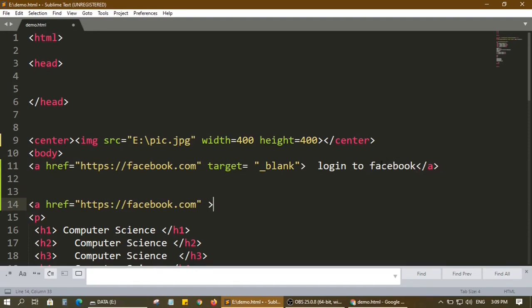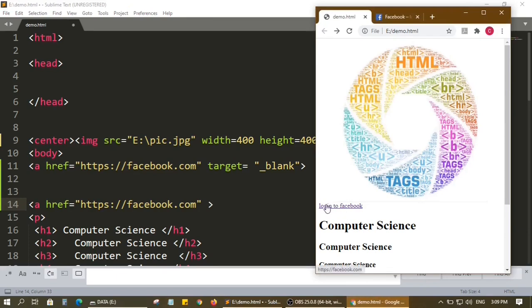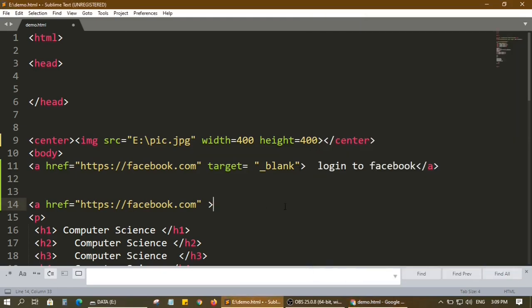But unlike the previous case where we were having some text, what we want is we want this image, and this will take us to the Facebook page. So what we have to do is we have to write here and we have to insert